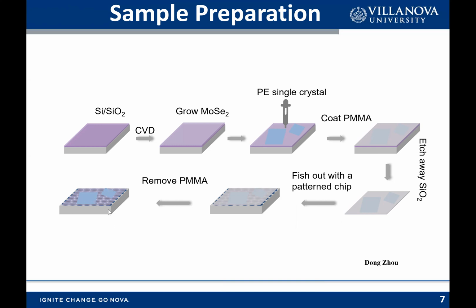You may ask, what's the benefit of using this Petron chip? The benefit is that if we're taking an image of this sample or characterizing this sample, we must know where we are. This Petron chip has some index, like 11, 12, which will let us know which hole we are presently at.